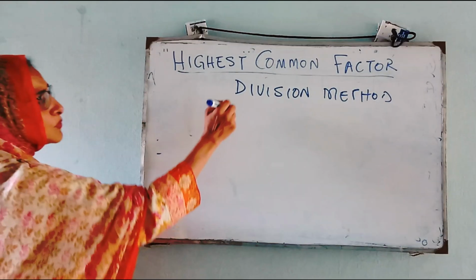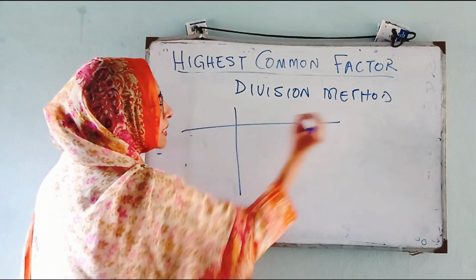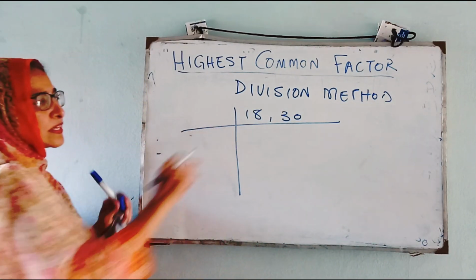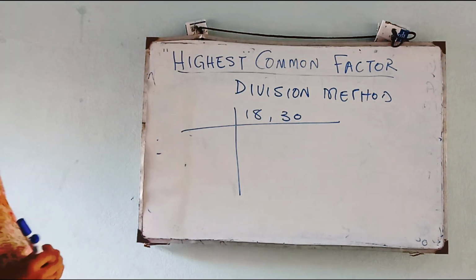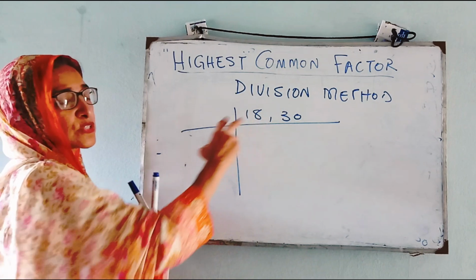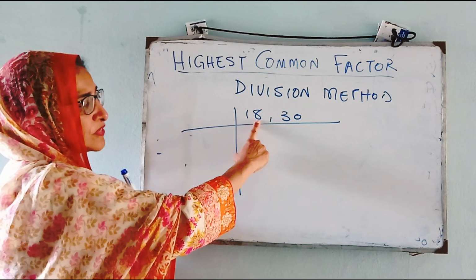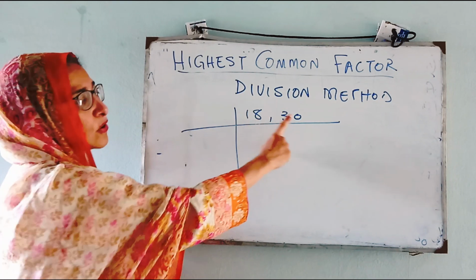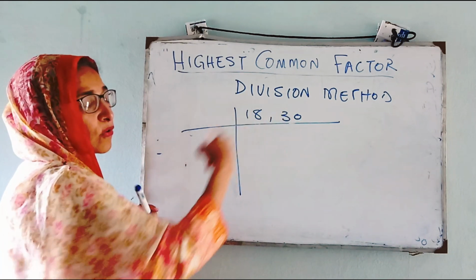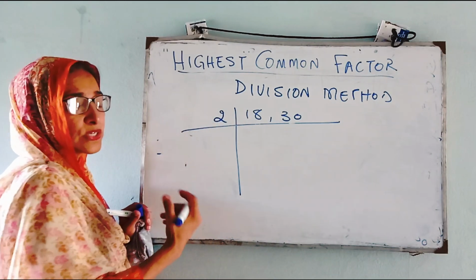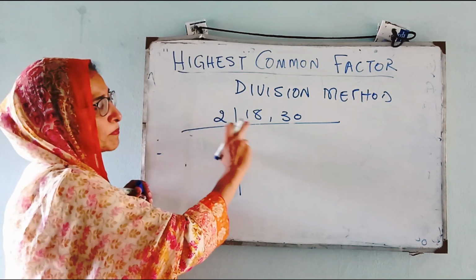What we are going to do is write as many numbers as given in the question in the form of division, and then we will see in which table both these numbers are coming. The numbers which have an even number at the end or 0 at the end are going to come in the table of 2. So we are going to divide them one by one.